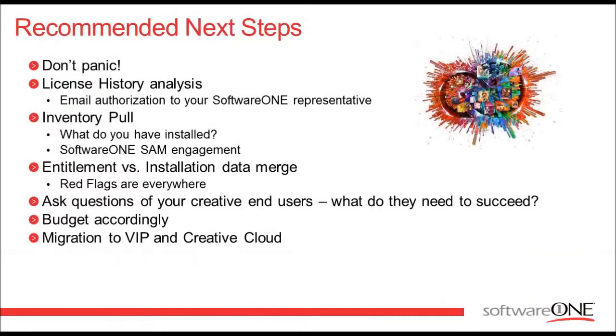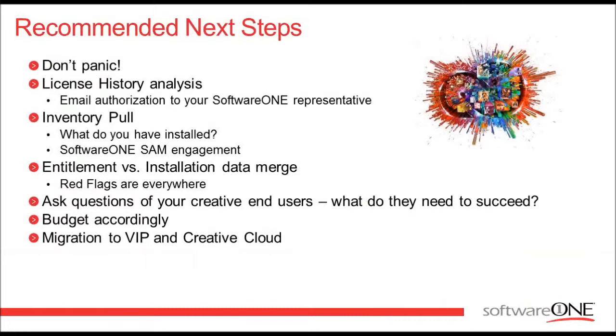You can pull licensing data from the Adobe LWS site, but frankly, it's not the best data. All it is is an Excel, and it doesn't apply volume license policies to really tell you, at the end of the day, how many licenses am I entitled to run? All it takes is an email authorization to your SoftwareONE representative, and we submit that and gain a report from Adobe. This does not red flag you from the Adobe SAM team by any means. This is a volume license right of all customers that frankly I don't think everybody takes advantage of.